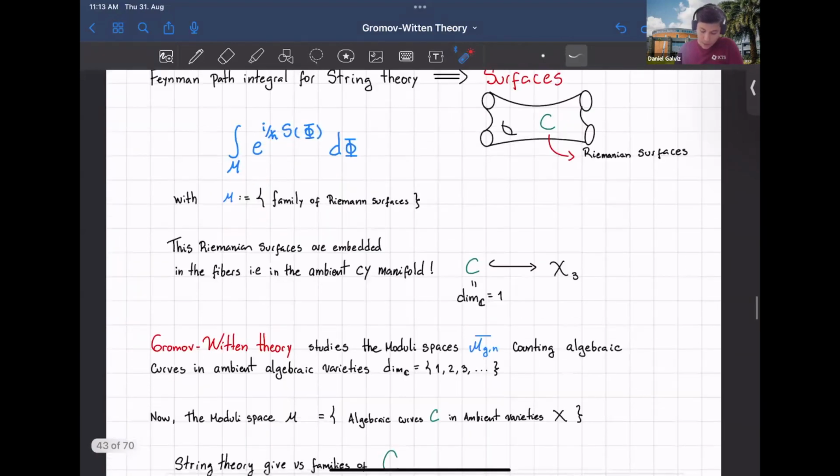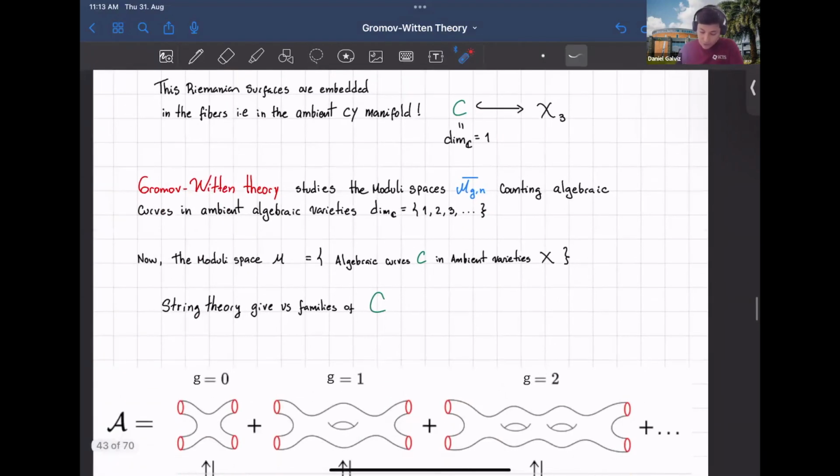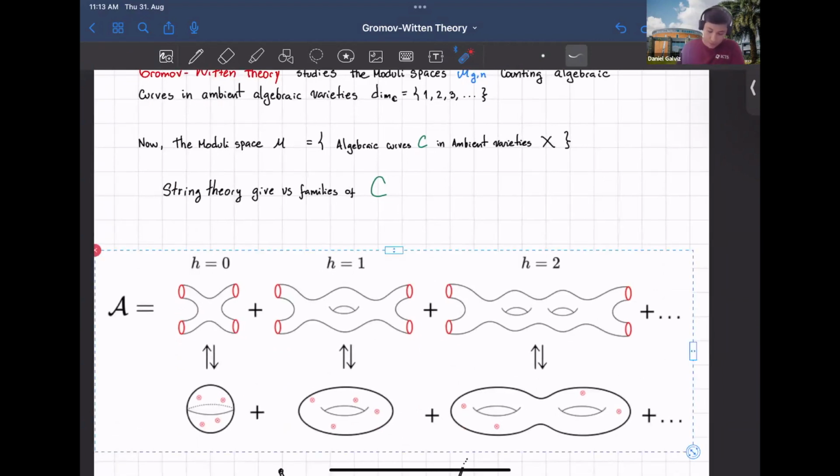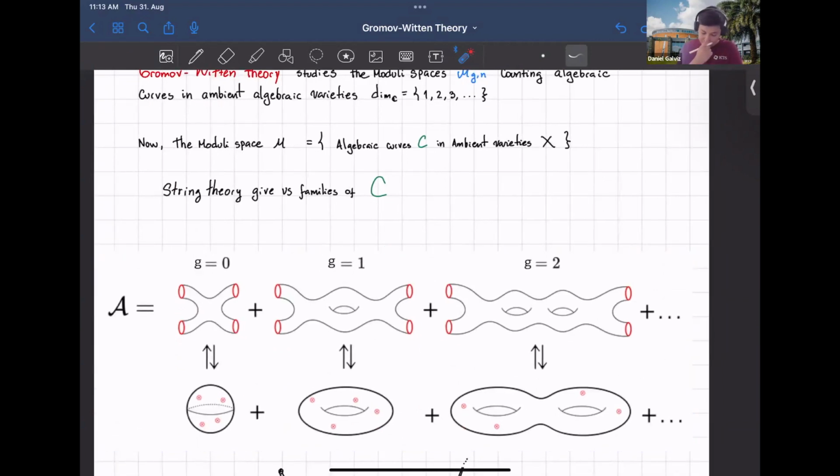Okay, so as I say, this is a sum of many genus. For example, genus 0 will be a sphere. And later on, I will explain these red dots. Then you will have a surface with genus 1 and genus 2. And same as in quantum field theory, we know that when you increase the genus, it means